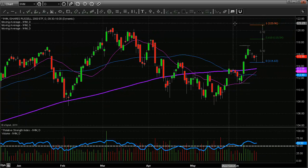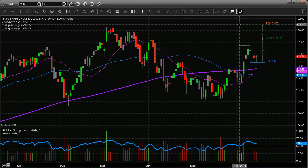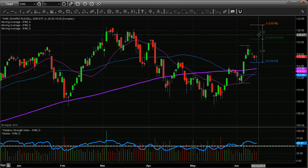We've got potential for it to come up and test these previous highs. Now, the fact this is just a hair above these highs, there'll be a lot of resistance up here. Likely see it not quite reach that 100% level right off the hop, probably grind right into resistance. But overall, there's potential for the Russell 2000 to continue to move higher and have a very strong pop to